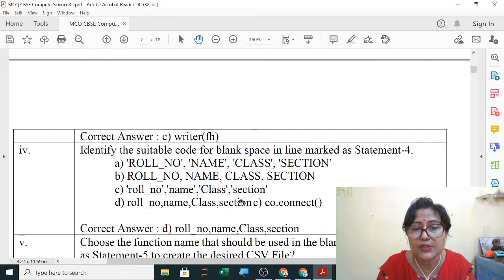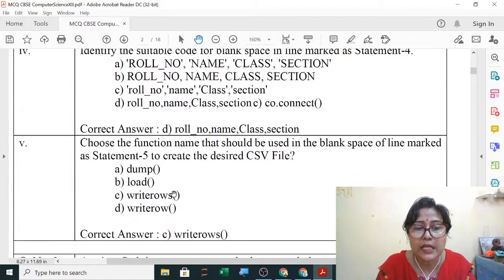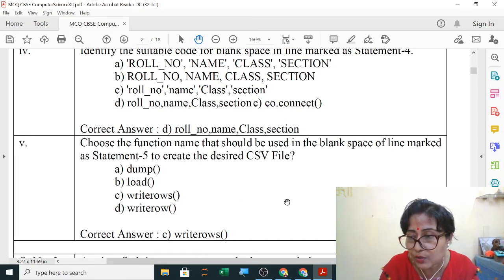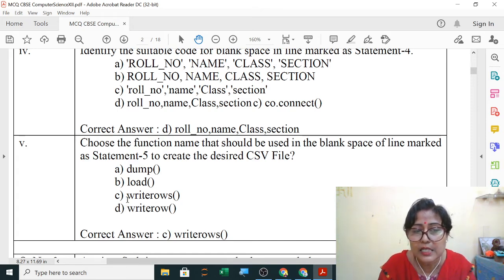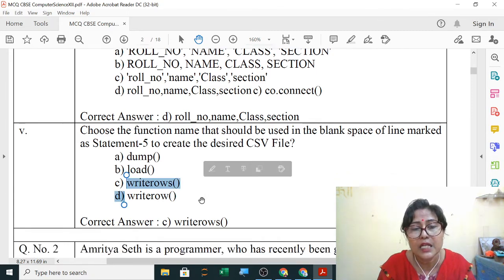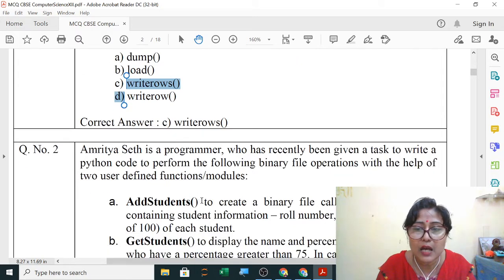Only this much till section. This is extra. Next, here multiple rows, since it was outside the for loop. If it is outside the for loop, you will write writerows. If it is inside the for loop, meaning you have to write row by row, there you will write writerow; the s will be missing. Clear? If you are writing inside a for loop, then you are writing one record at a time, and there we will use the D option. Since in the question it was given outside and all the rows were appended, we have written the writerows function there. It is clear how to select the answers.